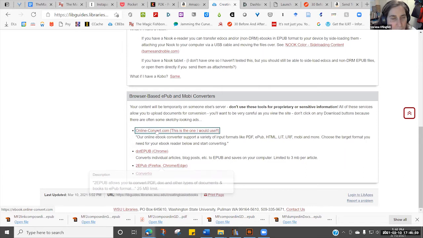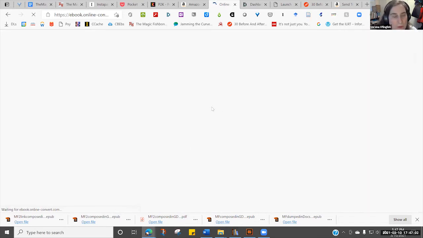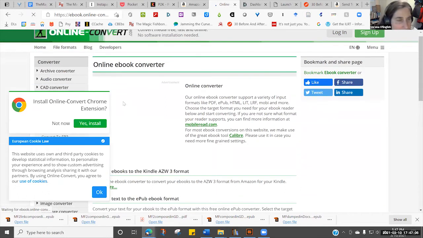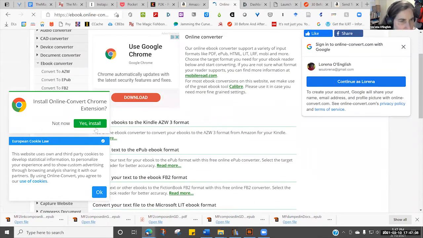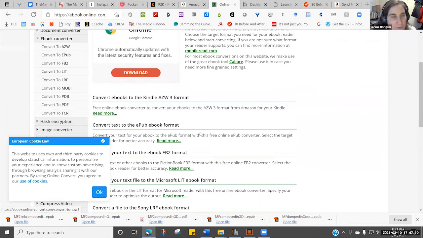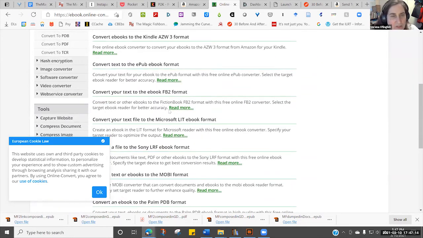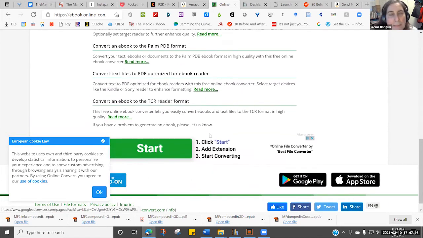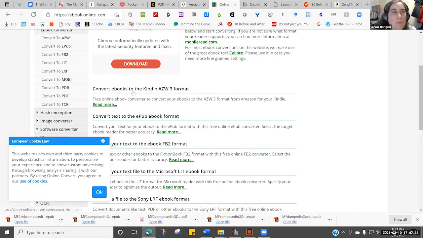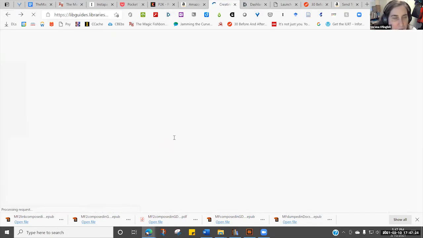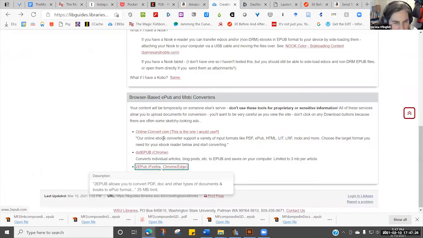If I had to use one, and I have occasionally when I wanted something on the fly, I would use this one online converter. But with them, I'm definitely not going to install this. You have to be really careful. See, this one has a lot less of the really weird ads and stuff, and it's much easier. But you still want to make sure that you're not actually putting anything proprietary on. If we were to go back and look at the other one on my list, we're going to see